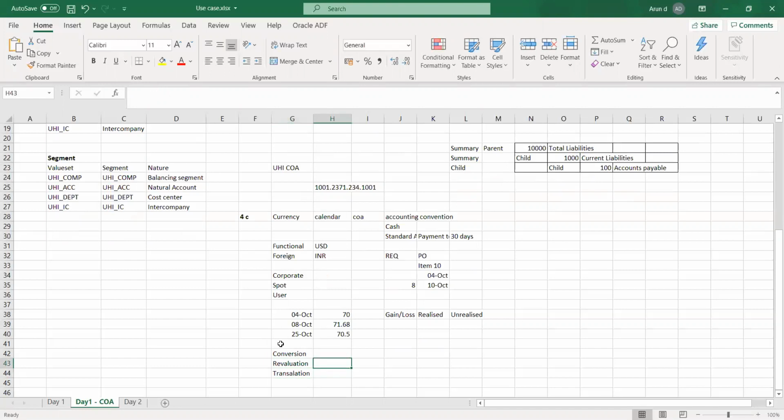Revaluation is nothing but revaluing our accounts or the currency balances on a given period for the balance sheet accounts. If we are calculating this, based on our calculation the system will generate journal entries, which will state whether this is a profit or loss. In our case, maybe let's consider our currency value at the end of the period is 70 rupees. In this case, if you see the 4th of October transaction, this is